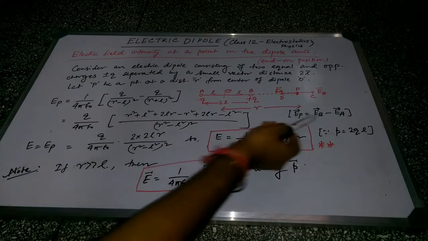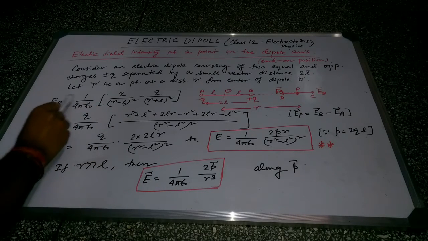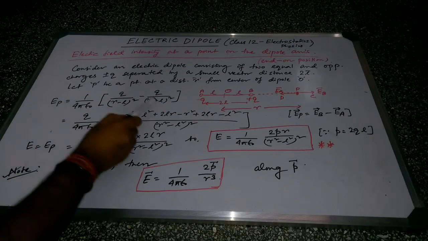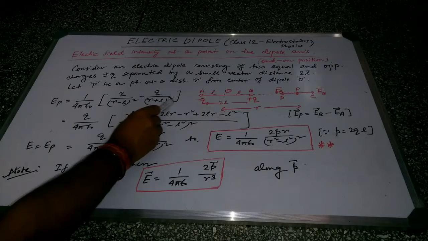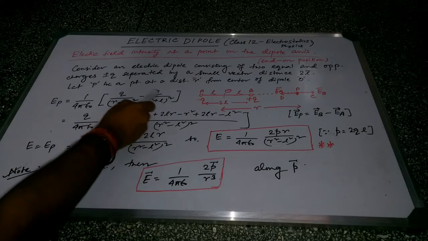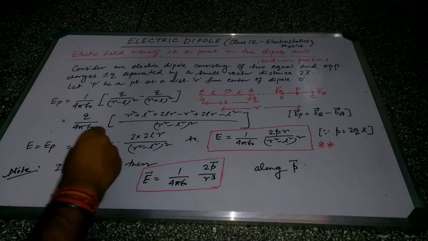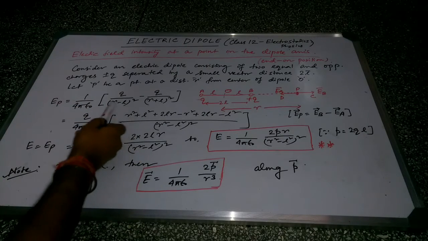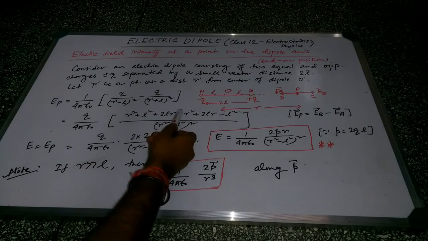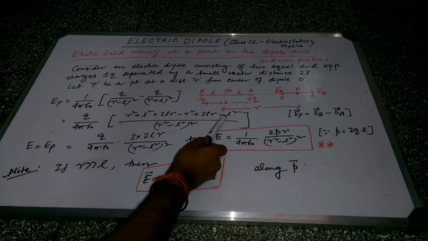Now what are the expressions of EA and EB we have known? So we just substitute that. EP is equal to 1 by 4 pi epsilon naught. This is EB, q by r minus L whole square, and this is EA, q by r plus L whole square. These two are subtracted. So take q common, q by 4 pi epsilon naught. Just take the LCM and apply the formula of a plus b and a minus b whole square. A plus b whole square gives r square plus L square plus 2LR, and a minus b whole square, with a negative in front, gives minus r square plus 2LR minus L square.